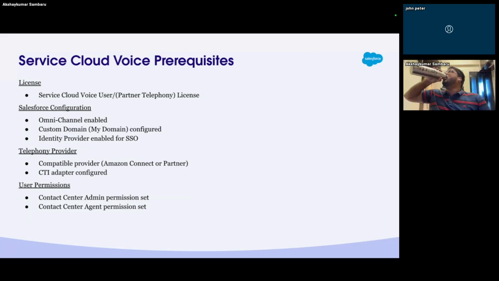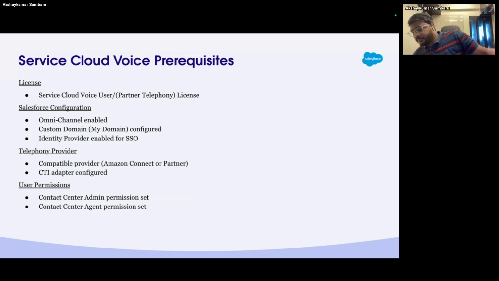There is one question, Akshay. How is the storage handled,